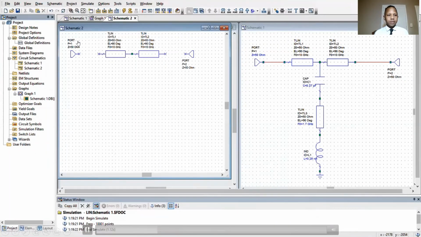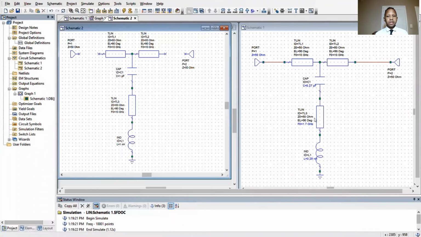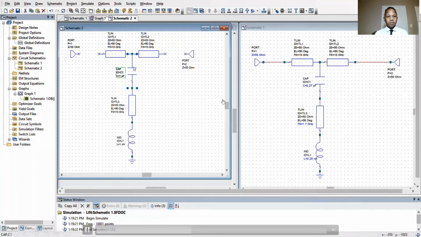Right? So now I'm collecting elements and putting them together, and then I do eventually have to tune them. Tuning them meaning I want to simulate, right? So I want to see what happens when I vary certain things, and that's what I'm going to be doing very soon here. So I'm clicking on my capacitor right now, and